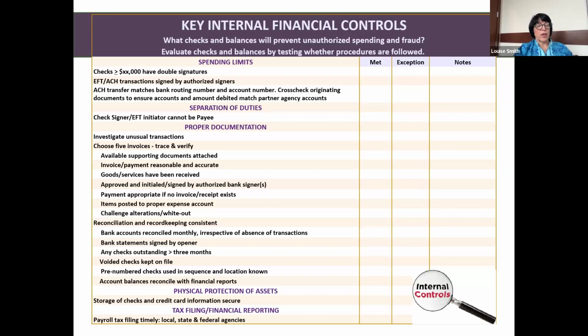Those are the key things on that page, but there's a number of things there, and it's a nice checklist that you could talk through with your executive director and financial person and see, are we meeting these or not? And if we're not, what kind of notes would you want to write? Are these things that you all think you should find a way to implement? Okay. Let's go to the next slide.